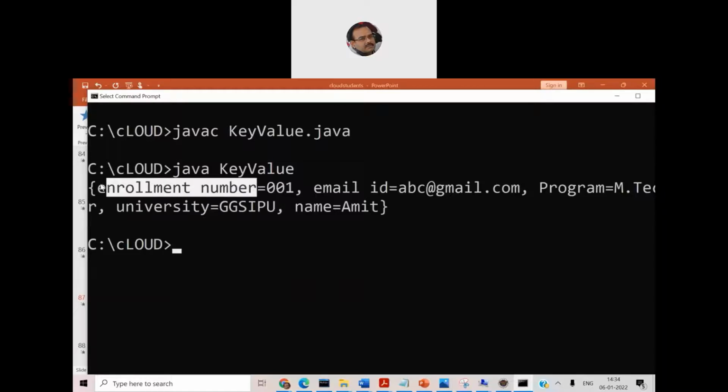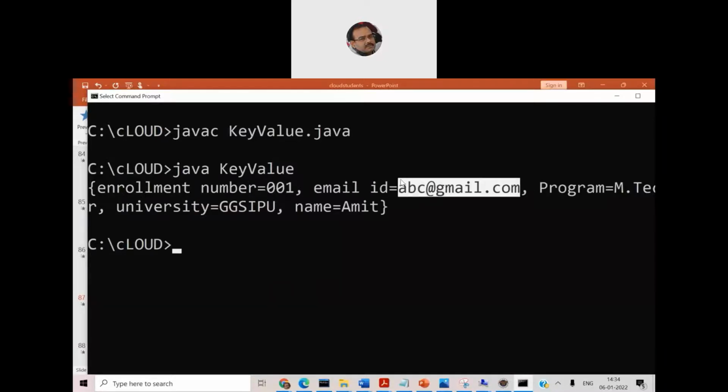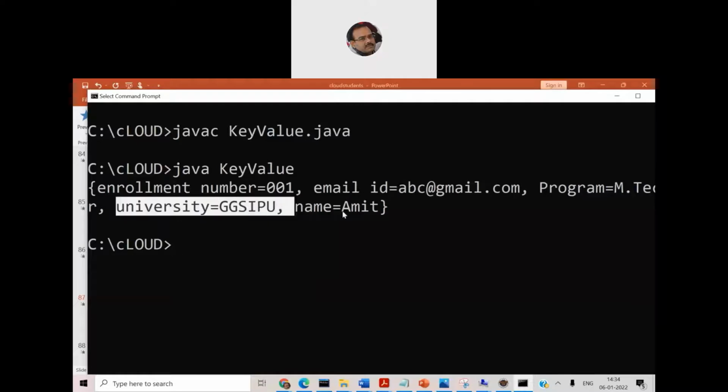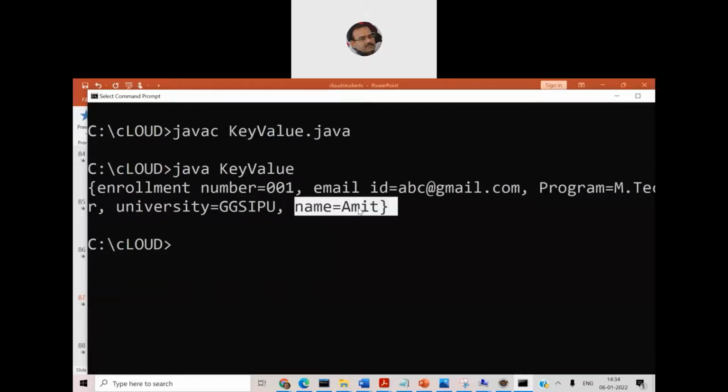So enrollment number is a key, 001 is a value, email ID is a key, and this abc@gmail.com becomes a value. Program is a key, mtech becomes a value, university is a key, and ggsi2 becomes a value, name is a key, and the university is a value.